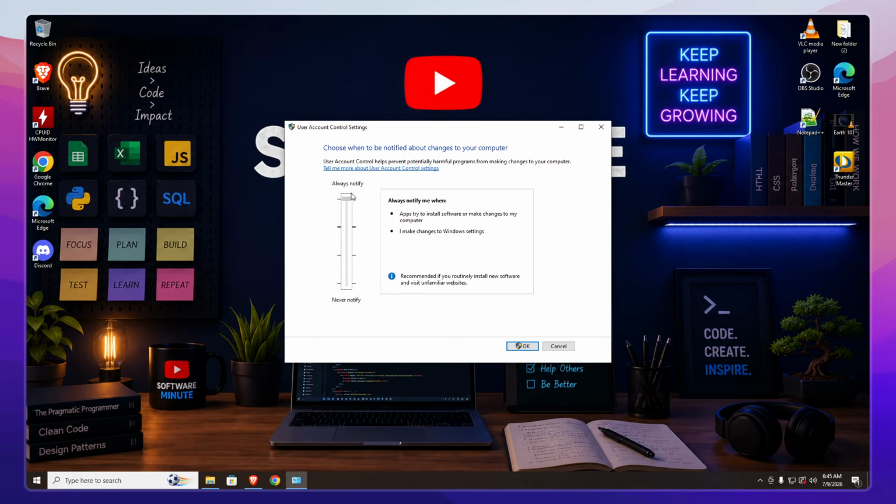Now here's the important part. You'll see a vertical slider on the left side of the window with different notification levels. Currently, it might be set to notify you frequently about software installations and system changes. What you want to do is grab that slider and drag it all the way down to the bottom option